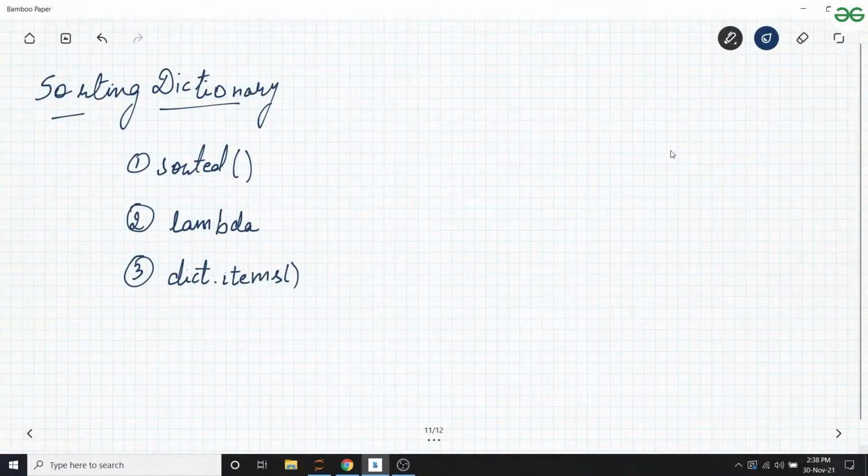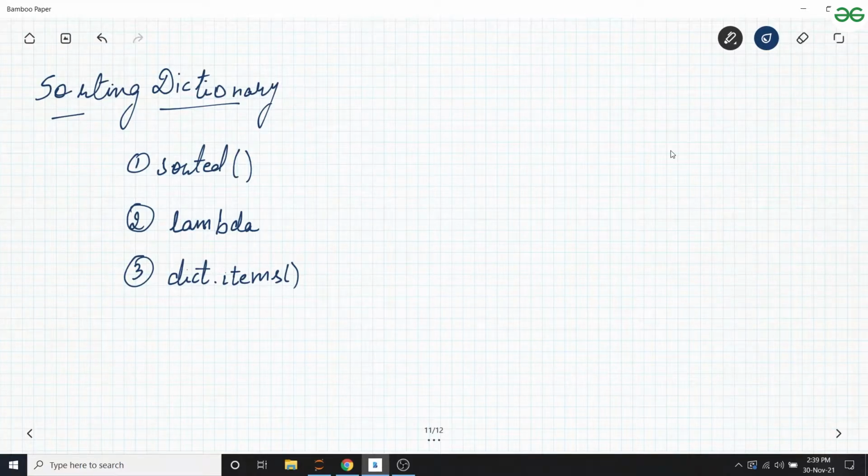Hello everyone, today we're going to be covering a very interesting topic, that is how to sort a dictionary. Now, as you would remember, I mentioned in the first lecture that dictionaries are unordered and unsorted data types. And now I'm here saying that let's figure out how to sort a dictionary. So let me just be clear, I am not contradicting my earlier statement.